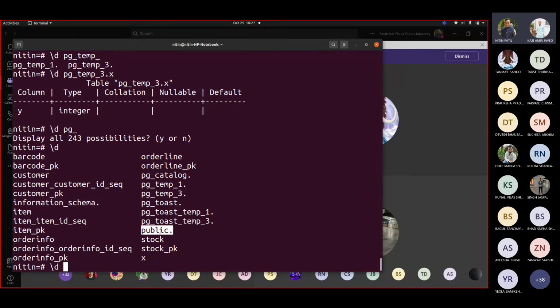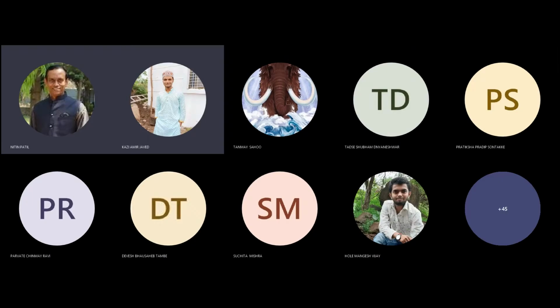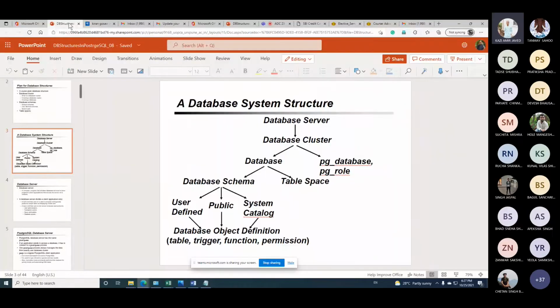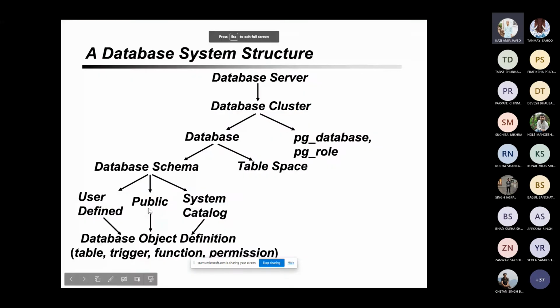Okay, so let me go back and see what the next things are. So now we saw these database schemas, correct? This database would contain public, and user defined schemas will also be there, which we haven't added yet. But we also saw system catalog, information_schema, pg_catalog, pg_toast, pg_temp, all these would be from the system catalog.